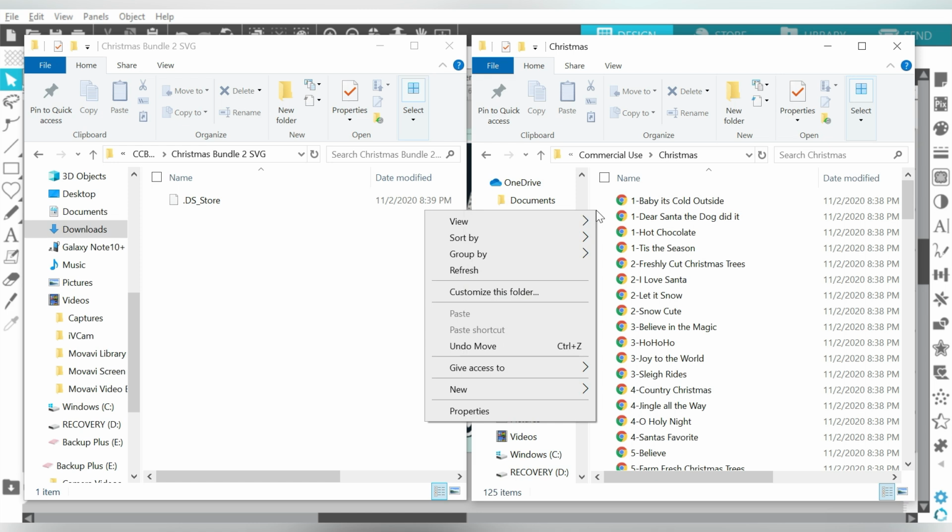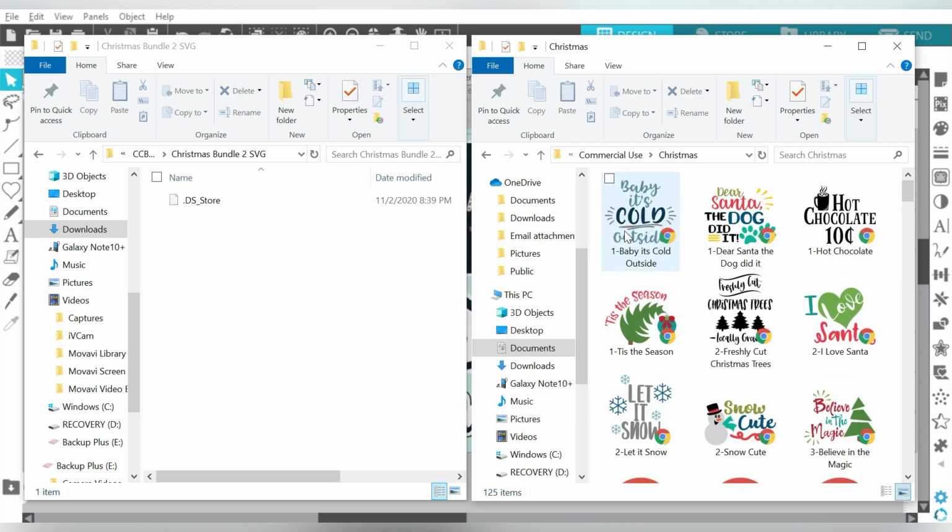In that video where I showed you how I organize all my files, I also show you how to get a preview of all of your SVG files. So if I go to view and large icons, I get a preview of all of these.